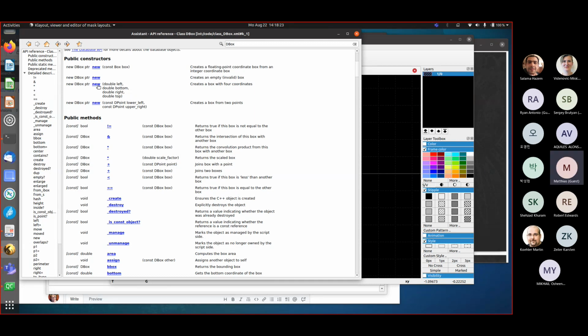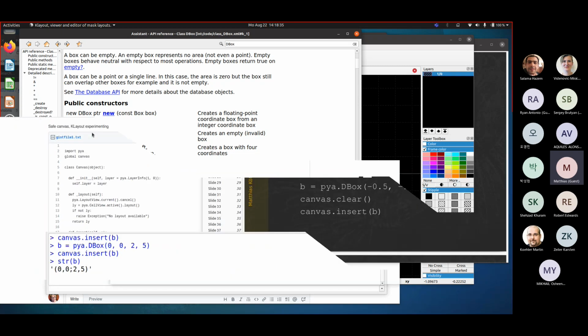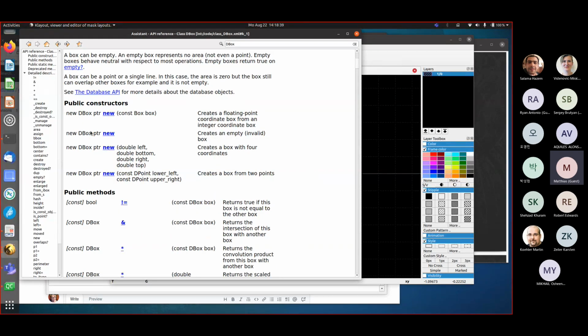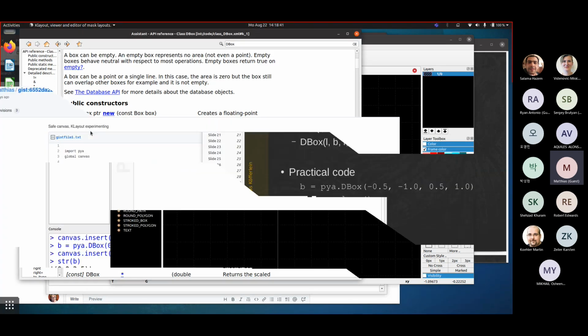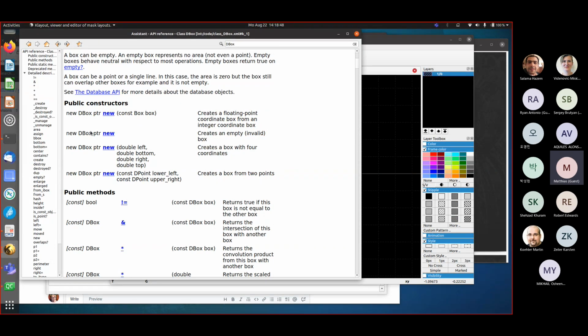And here, I need to enlarge this window, I guess. Here you see the order of the arguments. You also see that I have another option. Either I use no argument at all, and this will generate an empty box. So boxes can be empty, which means they have no left, right, top, or bottom coordinate. They have 0 points, and empty boxes are quite useful if, for example, you compute the intersection of two boxes, and they don't intersect at all. The result will be empty. So a box can be empty, and a box can be specified in terms of 4 coordinates, and